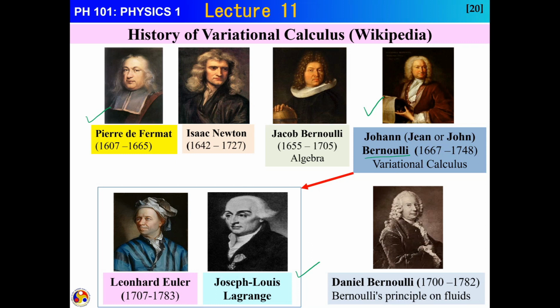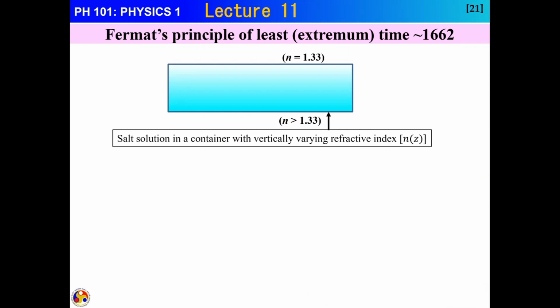Okay, let's see where and how to understand it, because talking history is okay, and then we need to understand the physics behind it. Now what you see here is a kind of container in which a salt solution is placed with refractive index varying from top to bottom. So at top the refractive index is 1.33 and at the bottom it is more than 1.33, so that there is a gradient